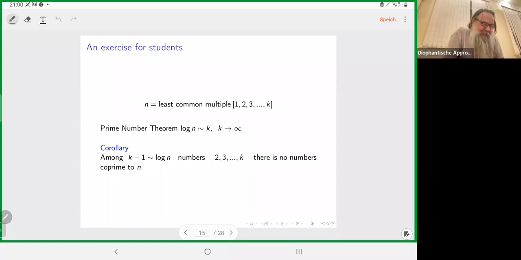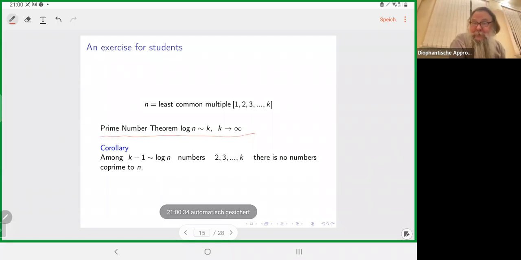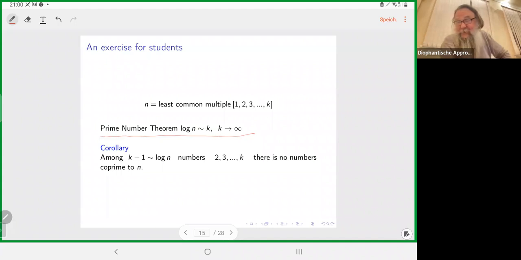Here n is the least common multiple of the first numbers. Then we have a nice variant of the formulation of the prime number theorem, and then we can see that among the first numbers there are no numbers coprime to this least common multiple. So this is an easy exercise for